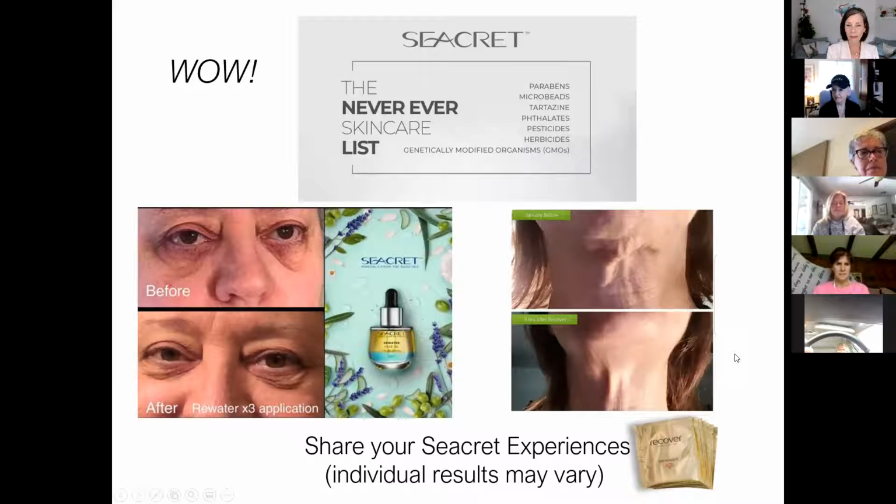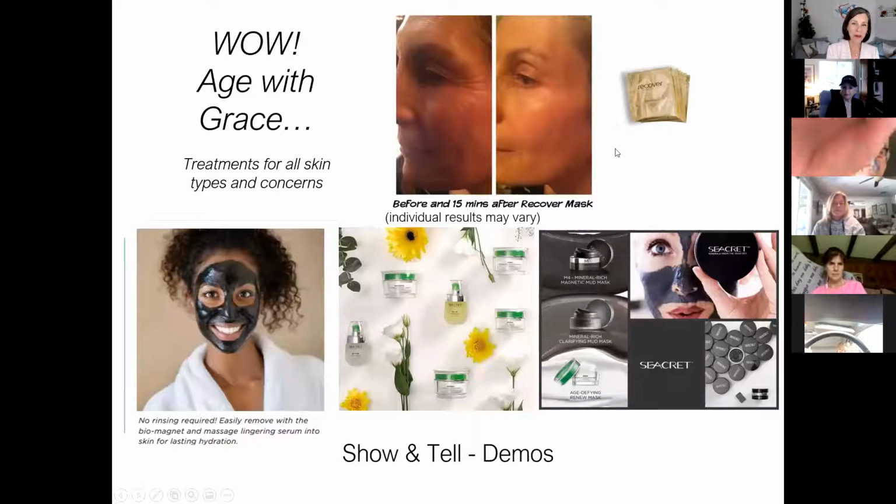And that's my neck on the right, 15 minutes after doing this mask, what we call the Recover mask. And a lot of people like a little bit of a lift. And this is a way to get a lift without the chemicals. So here's where I'll show you a couple more. This is the mask I was talking about. Can you guys see that? The Recover mask? That is one of our probably best-selling masks because of how fast it works and the results that you get. Now, results may vary individually, but everyone I've shared this with has gone, wow,